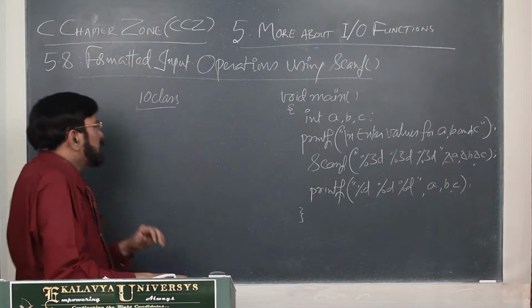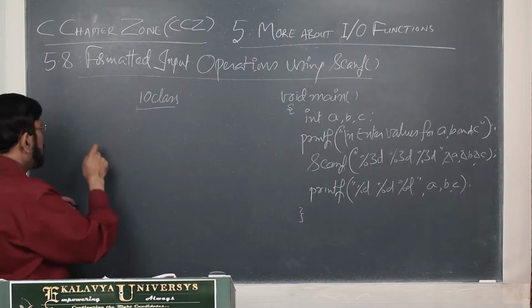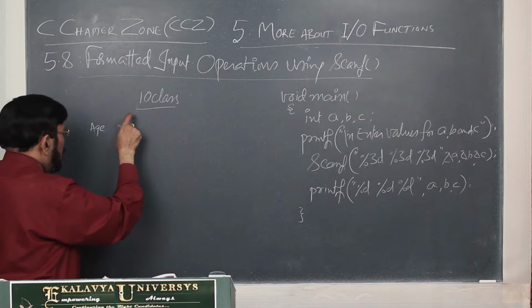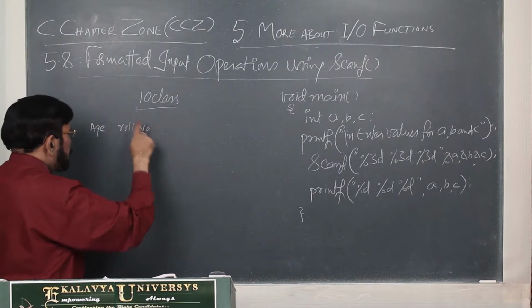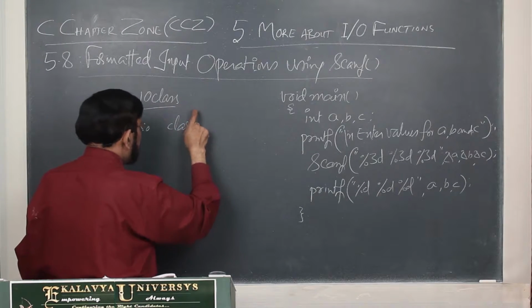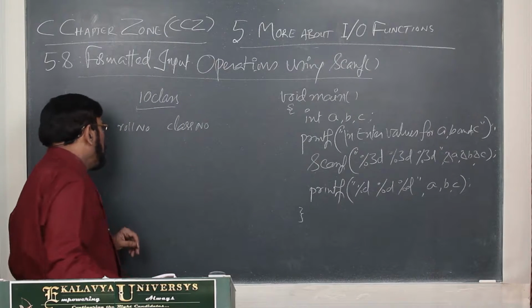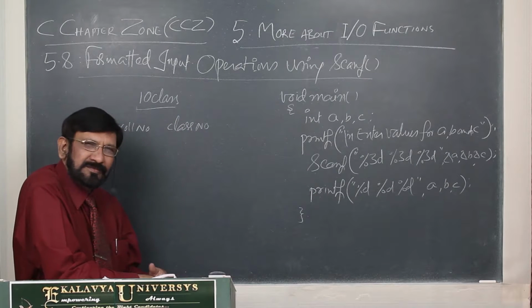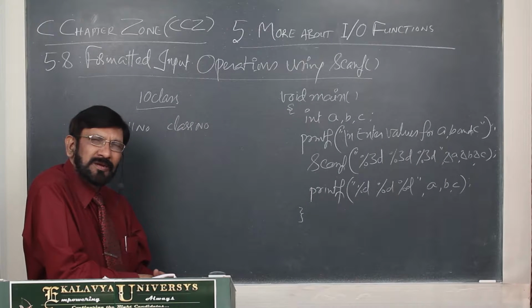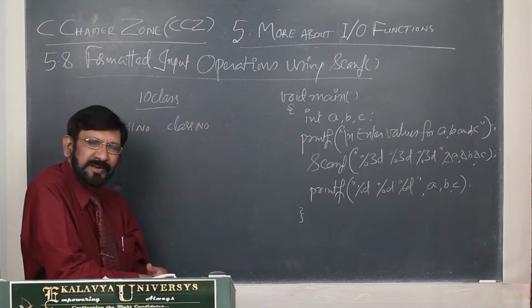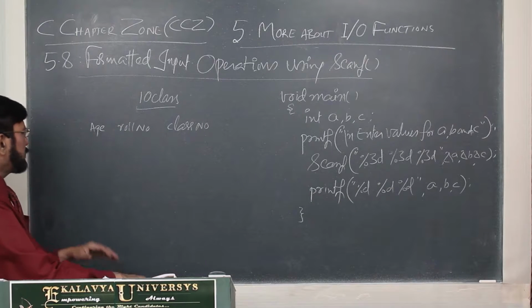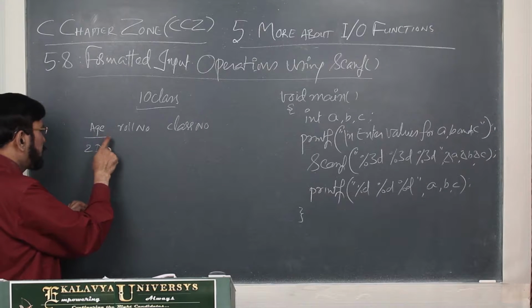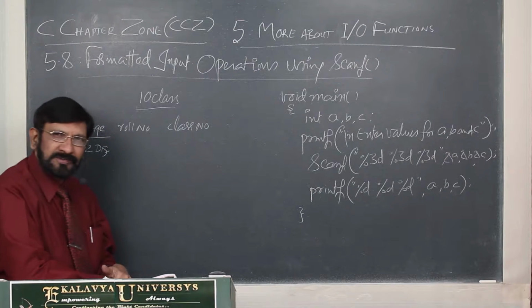Then, actually, let us take age, roll number, class number. Okay. Age of the students, maximum in 10th class, will never be more than 20 on the higher side. It may be 15, 16 and so on. So age will always be 2 digits, never more than 2 digits.